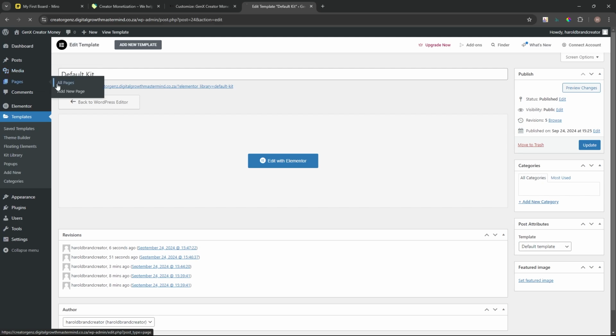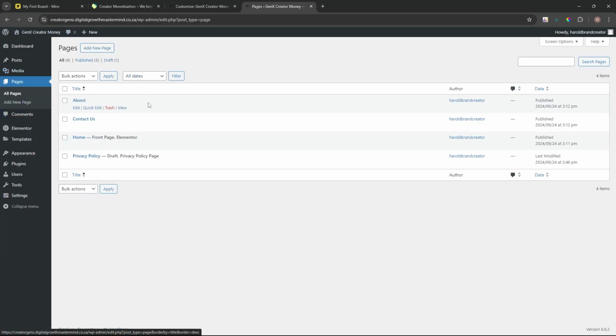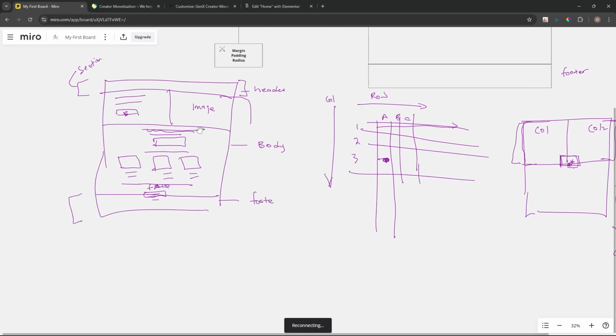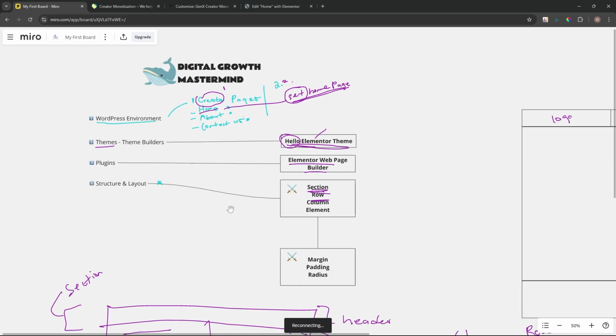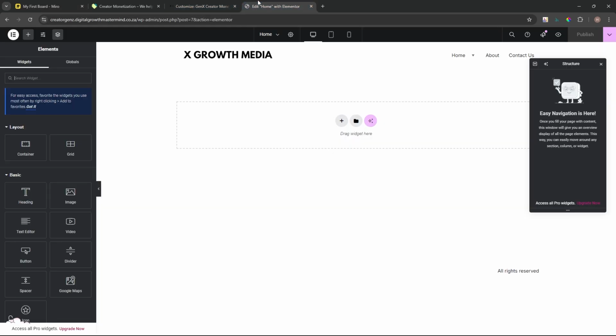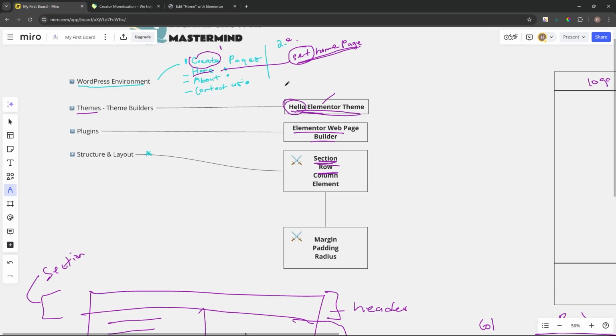So we go back to the page and I start implementing. You see now it says edit with Elementor. We click that. So we now need to go back to our page and implement this structure. So deal with columns, rows, and elements. So now we are in the page. Let me close this. We're in the page and it's neat like that. And then we get going. So you can just drag a container from there or from here. So basically a container,